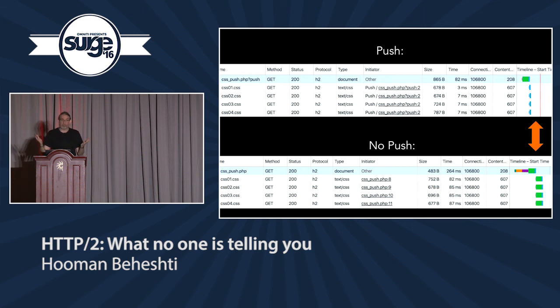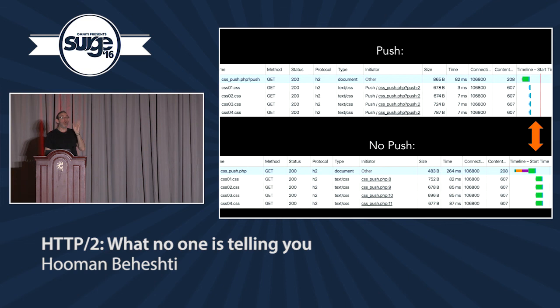Because it's H2, because we can send things concurrently. So when the browser sees that it needs them, it's going to send all the requests for those things that we would have pushed otherwise at the same time, and that takes one round trip to get to the server. So by pushing things, we save one round trip. It's a performance saving. We like to save round trips, but it's not as magnificent as maybe we would have